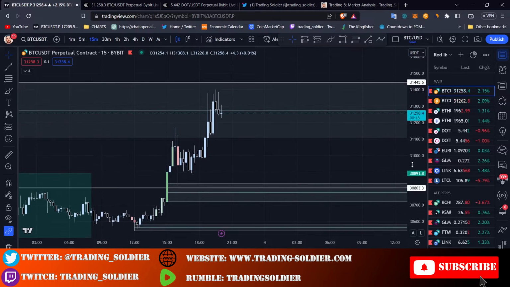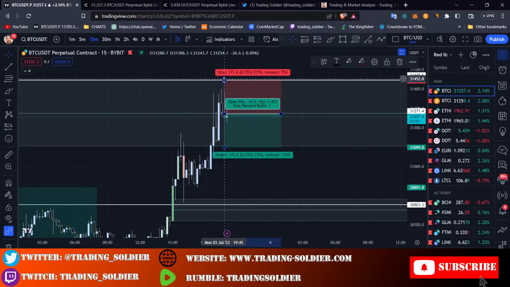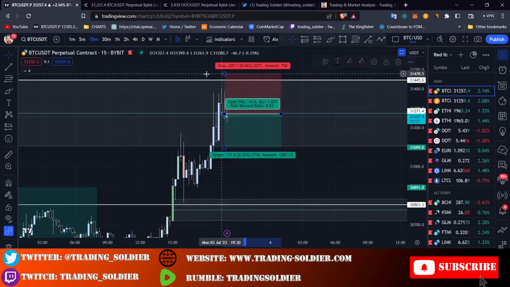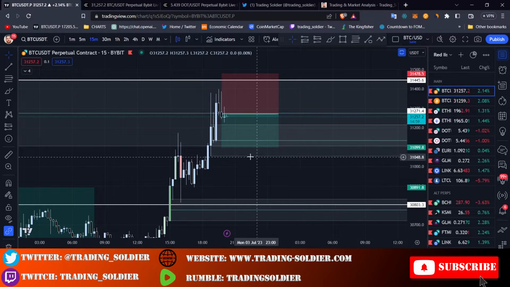So right now, if I had to place a short here, I would place it, for example, right there at the middle of the order block. I will place my stop loss at the end of the order block, so my stop loss is hit when the order block is invalidated, okay? Let's see right now